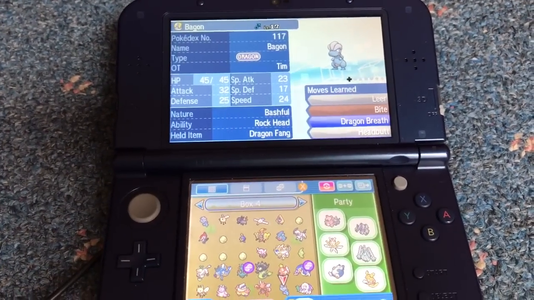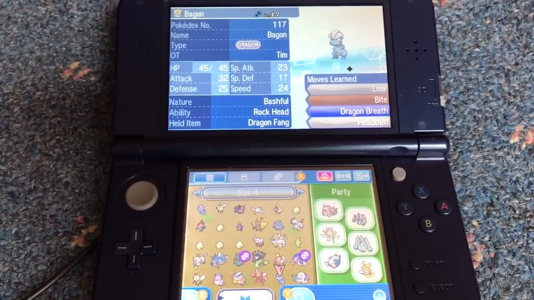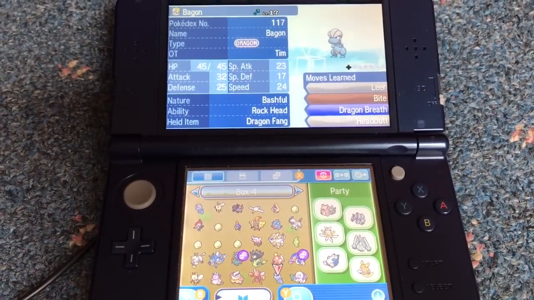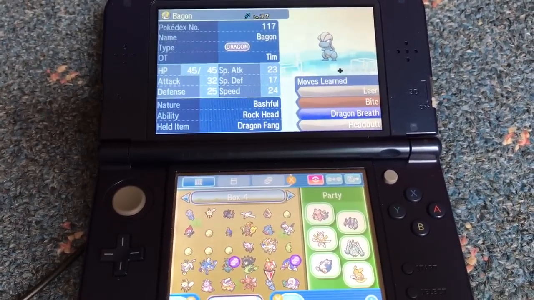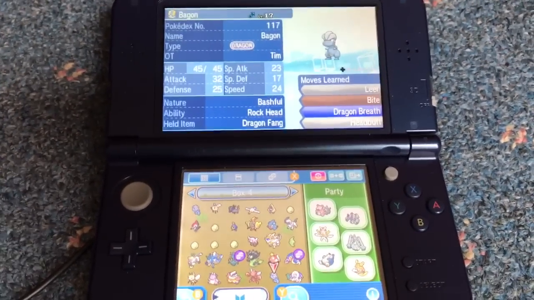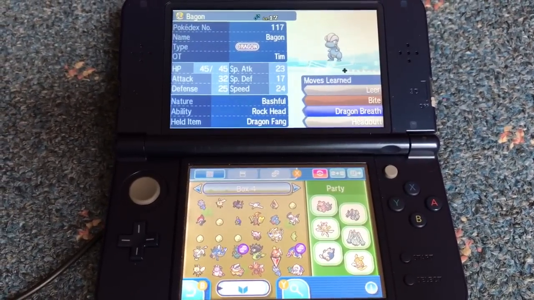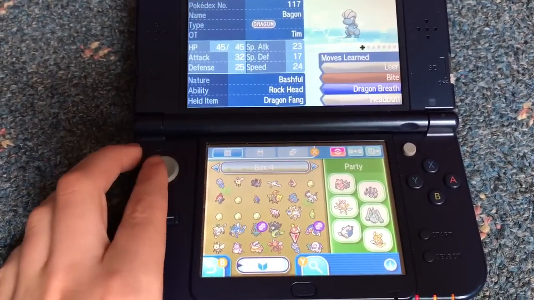Now I also have Bagon, or Bagon, however you like to pronounce it. And for this you should try to get a fairly high level one. Well, this one isn't a fairly high level one, but it has 4 moves right now that aren't that bad, so people will want to take this. Because many actually aren't able to find Bagon in the wild, even though it's located on one of the first